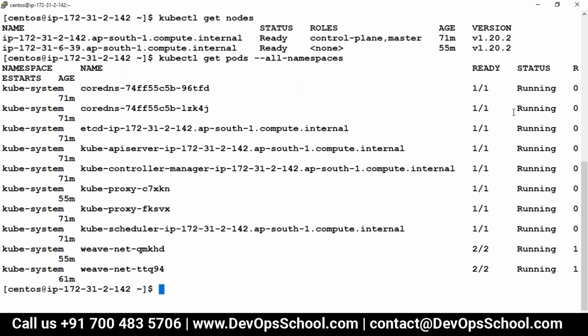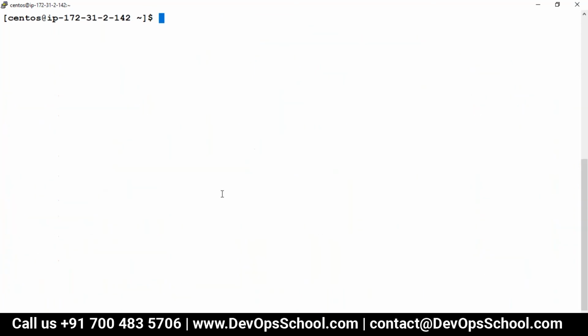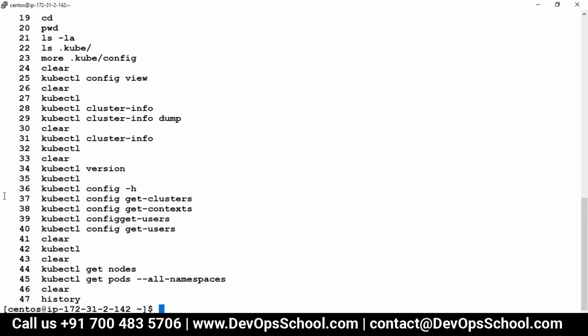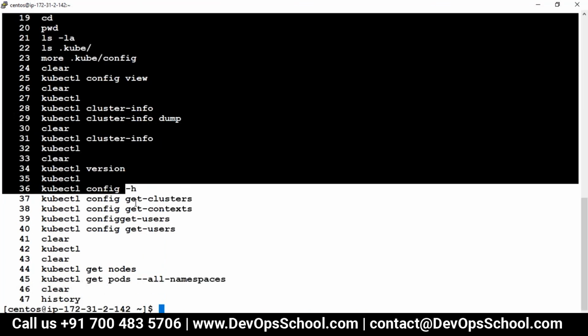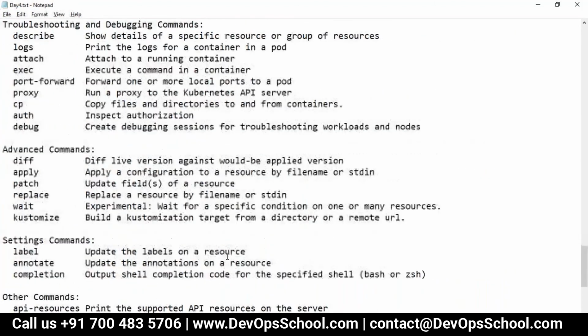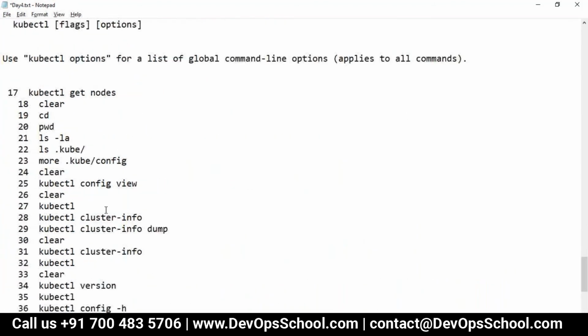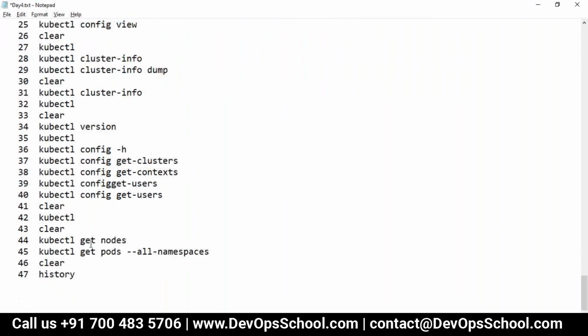Whether it's running or not, please look at it. These are the commands you should run, to become more comfortable with kubectl, because kubectl is your tool which you have to work with for a lifetime. Okay, so guys, did you understand how to get started with this? All of you?